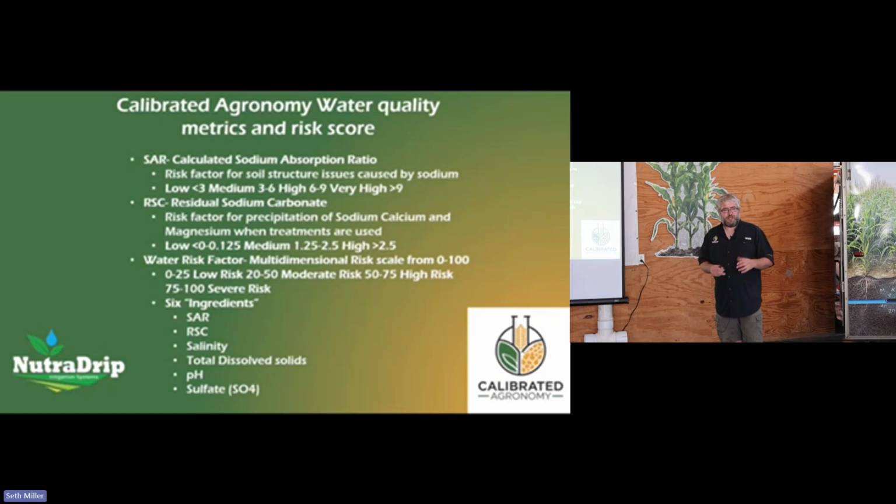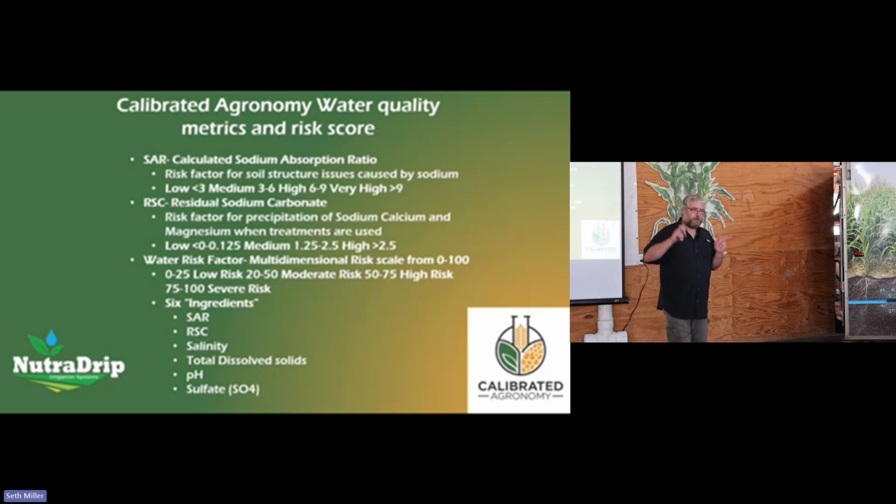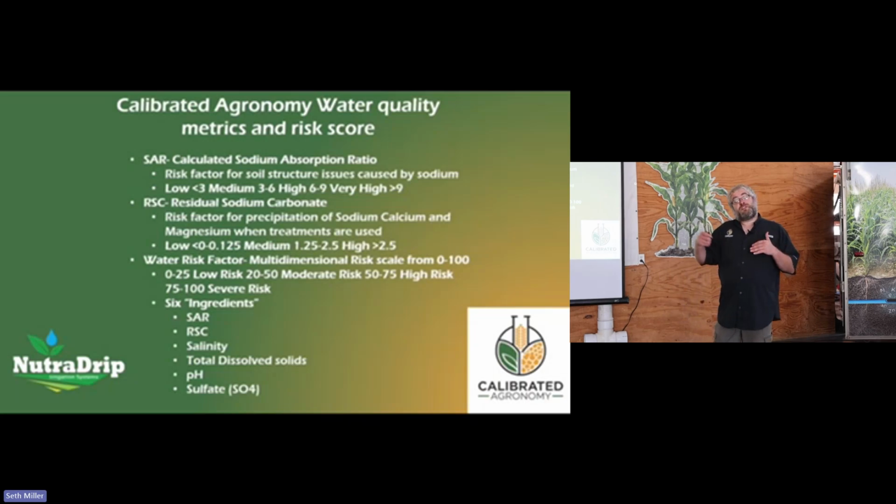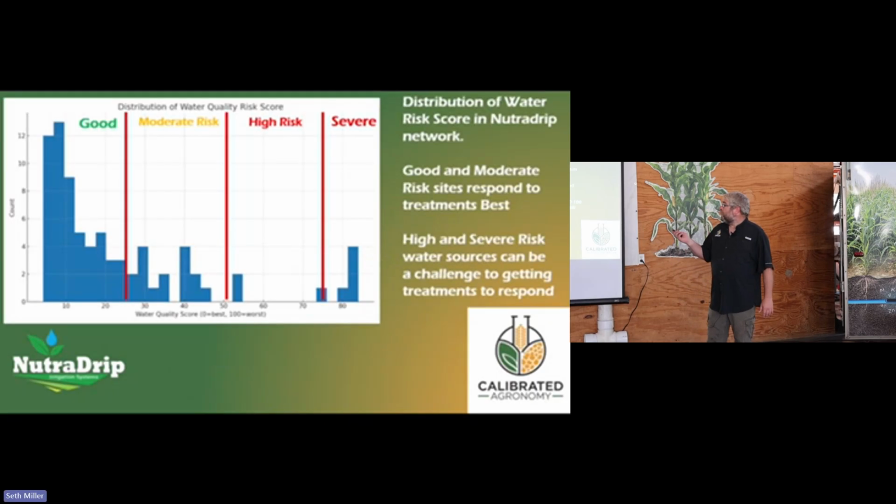We can do things to complex or adjust. But then we'll run into some of these waters we call the ugly waters, that have just high total dissolved solids and high mineral loads, which affects how effective we are at treating. We put all this together, and